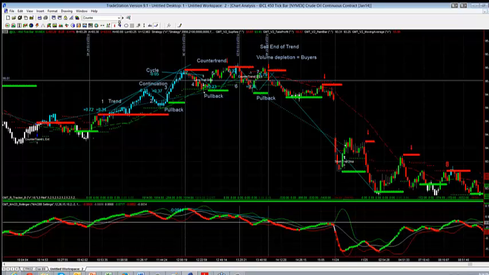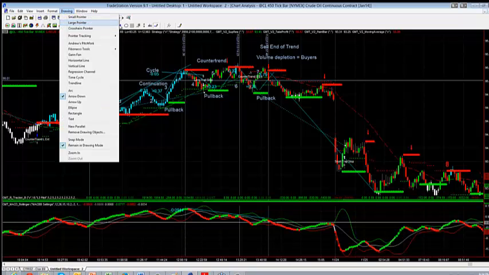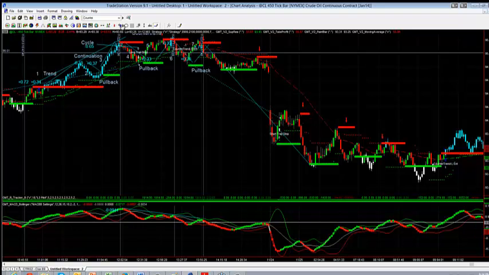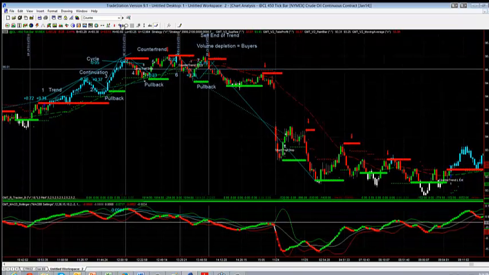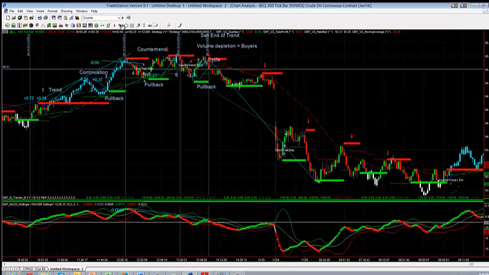But this is what brings me to, and this is obviously an example of crude here, but if we look at, and you can see there, this strategy, if we put this strategy together, we build into the cycle trader, because remember there's 2 systems at work here. There's the cycle and there's the end of the trend. So both of these systems could have done very well. The cycle may have gone out at support, or you could have trailed it based on this kind of not intuitive, but pre-programmed analysis of the market. If you know exactly what you want from your strategy, you can code that in. They can be pre-coded. And the same with this end of the trend.